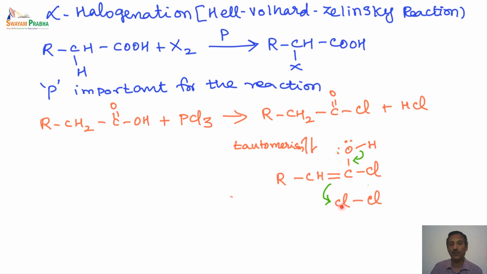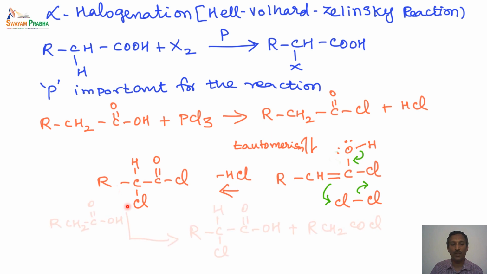of the halogen, and the chloride is lost as a Cl minus. So here we have a hydrogen plus, here we have a Cl minus. These two combine to give HCl, that is, a loss of HCl from this intermediate produces this halo acid chloride. This halo acid chloride on treatment with another molecule of a carboxylic acid produces the carboxylic acid